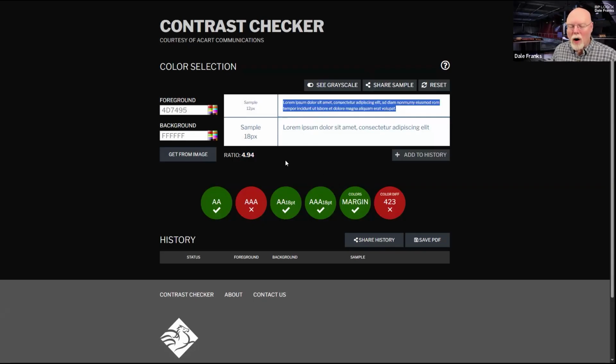So what we're largely talking about with these color contrasts is header text, where use of color is perfectly acceptable, but you do need to match that level AA compliance with the WCAG standards.